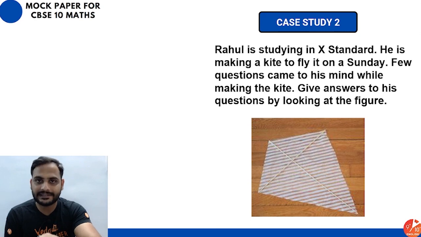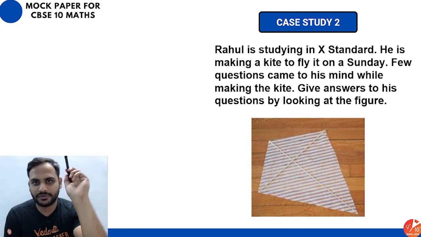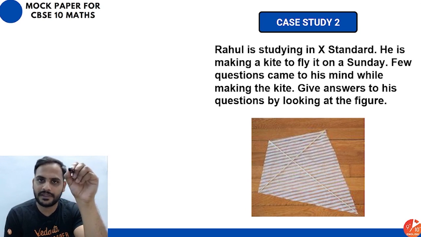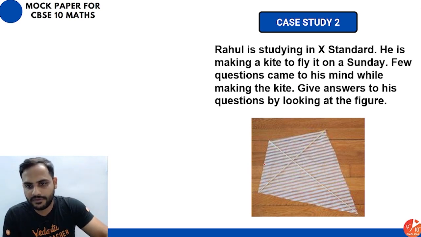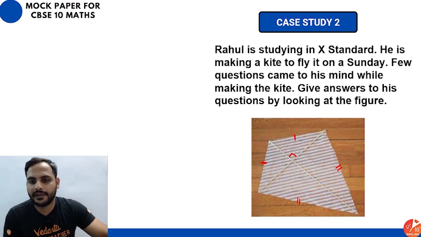So it is a kite. Kite means shape, all of you know. Adjacent pairs of sides are equal. Diagonals are perpendicular, and the smaller diagonal is bisected. We know this side and this side will be equal, this side and this side will be equal. The angle between the diagonals will be 90 degrees, and one of the diagonals is bisected by the other one, generally the smaller one. Okay beta,